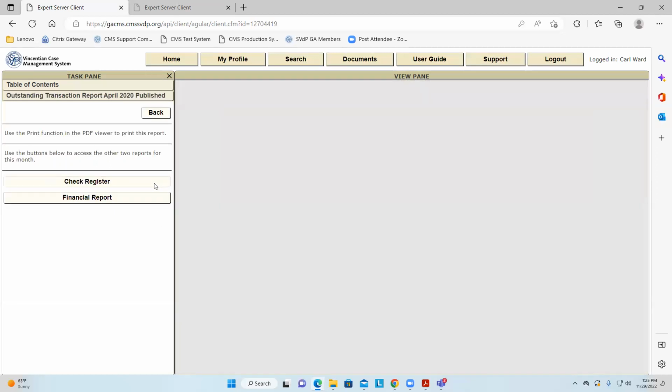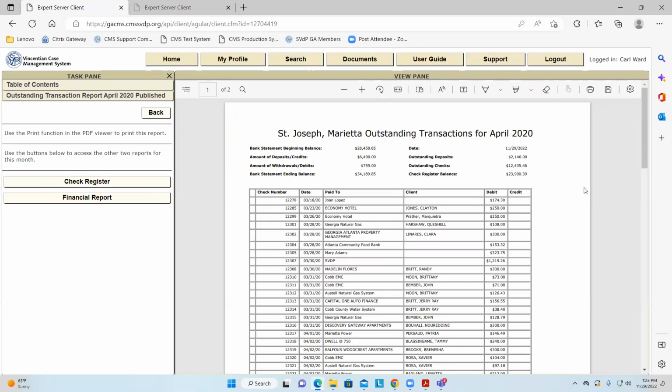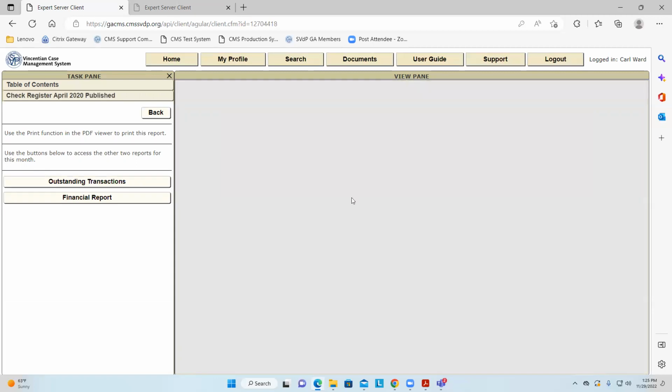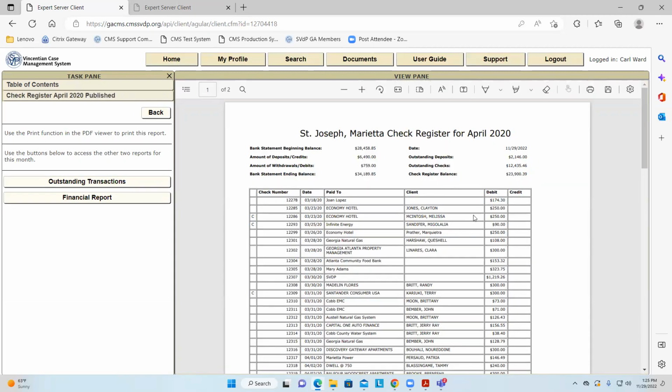If you go to the outstanding, you should see the same, and if you go to the check register, you should see the same right there. That's one way visually of knowing that everything is right. So you can download these to your computer, create an email and send it off to your president. Month is done. It's history.